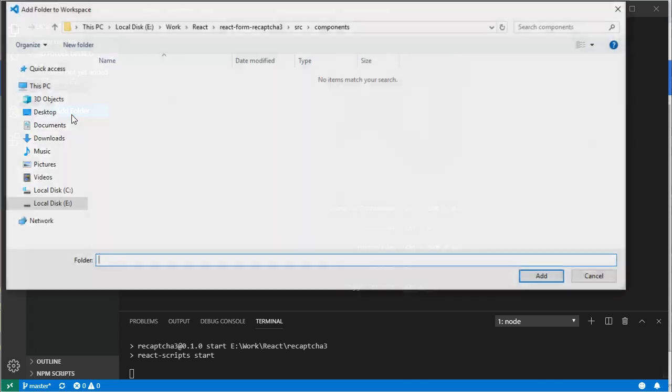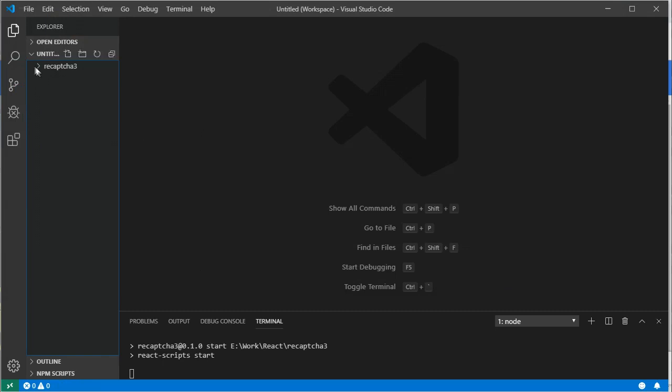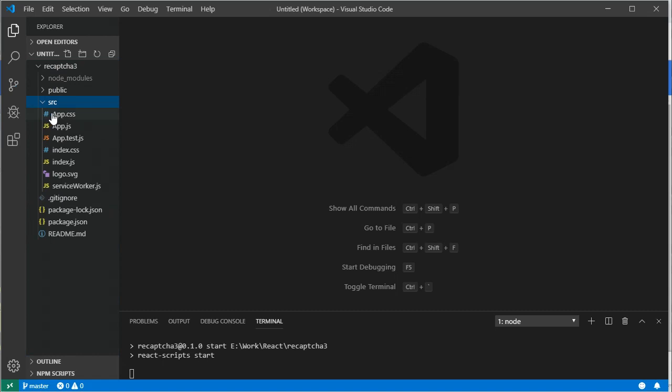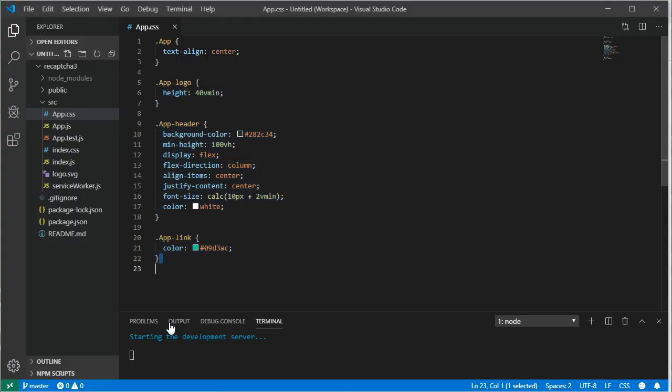I'm gonna add a so work folder. Let's see this one. Okay, I'm gonna edit my app CSS. I'm actually gonna remove everything. Oops. I'm just gonna remove everything except the app class,